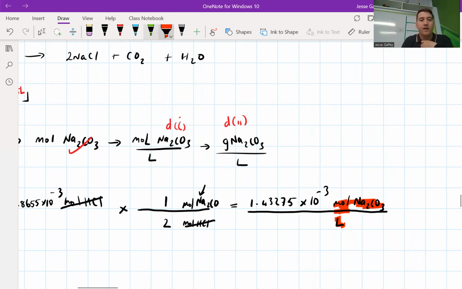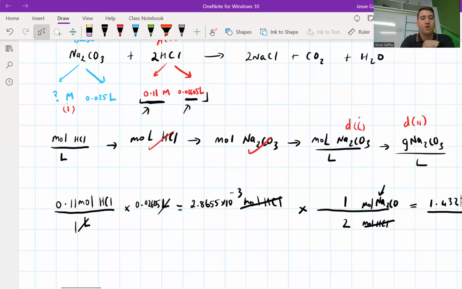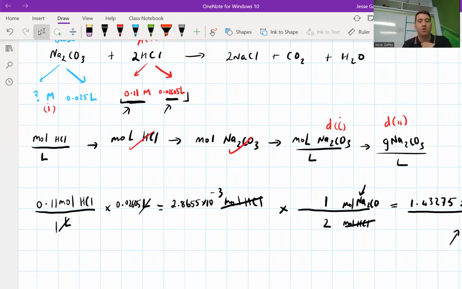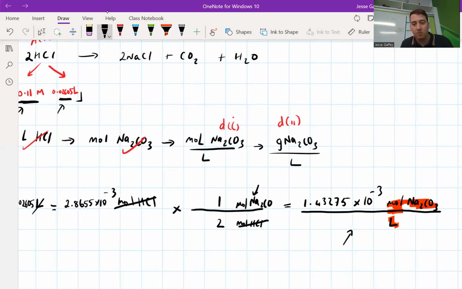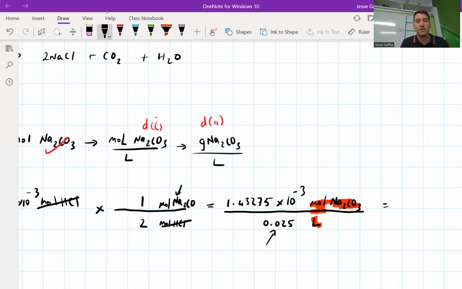Good. Now I need to know the number of liters I used in that titration. So again, you have the opportunity to write down that volume now. Pause your video and do that now. Okay, of course, this was the volume that was used, 0.025. So that's the number I'm going to put down here, 0.025. You pause the video and you should get your first answer to D part 1. This is probably going to be about 6 marks of the question here. All right, so when I do that, I get